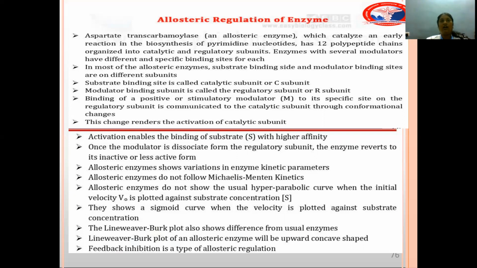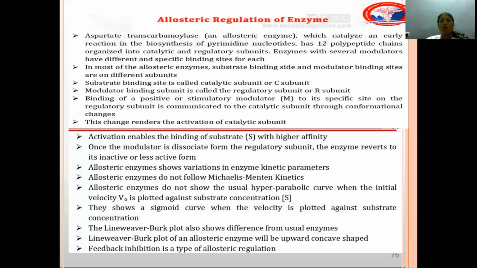What we read is that when there is an initial rise in substrate concentration, the velocity of the reaction will also increase. But once all the enzyme molecules are saturated with the substrate molecules, what happens? There will be saturation of enzymes, and the rate of reaction will reach a plateau. The maximal velocity attained by occupying all the enzyme molecules with substrate is the Vmax. Initial velocity is V0.